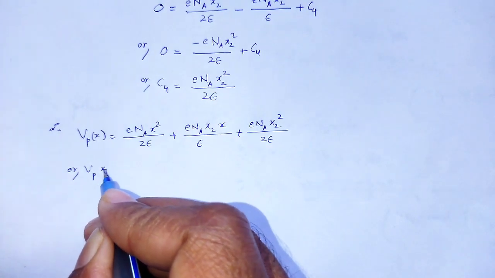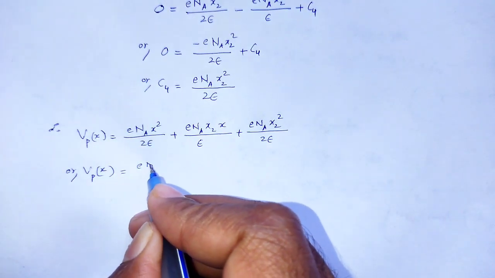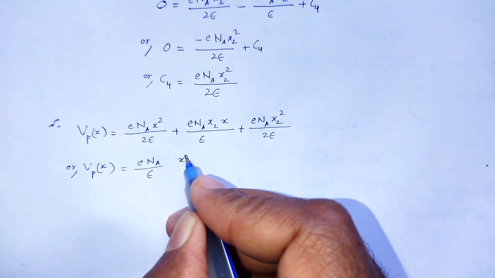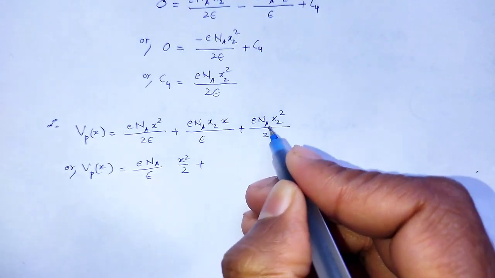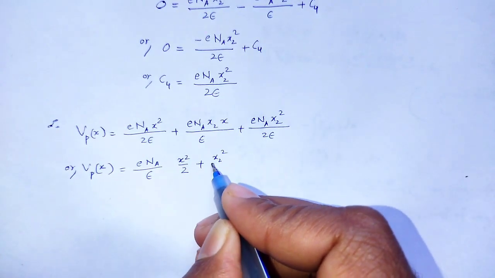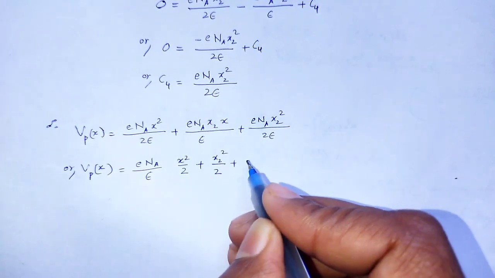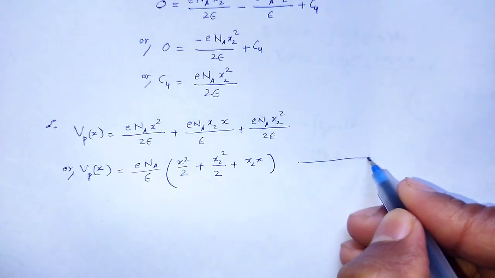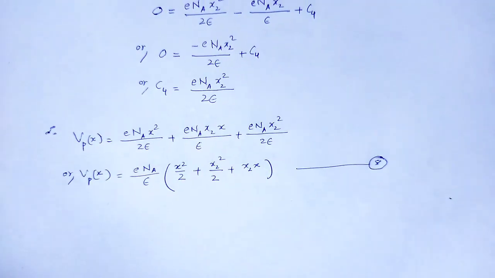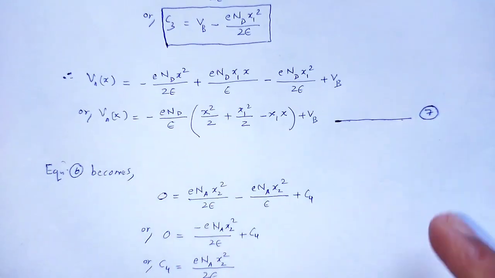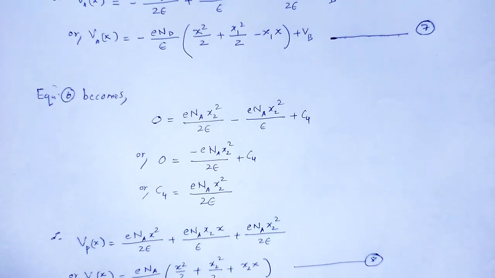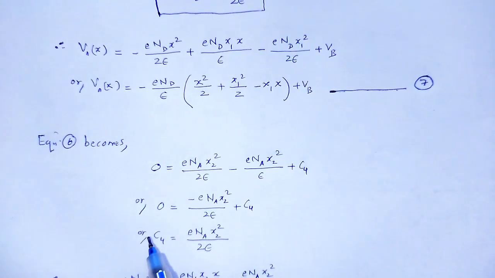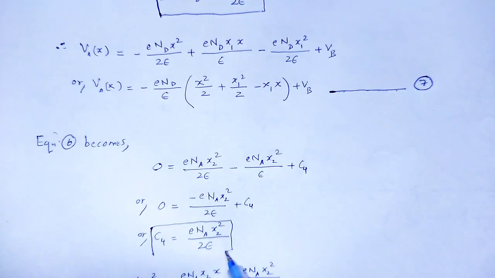Therefore, Vp of x is equal to E Na by epsilon as common. In the first term it is x square by 2 plus in the last term, that is x2 square divided by 2. From that term it is x2 into x. That is equation number 8. Now, equation number 7 and equation number 8